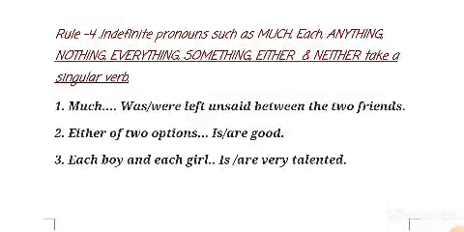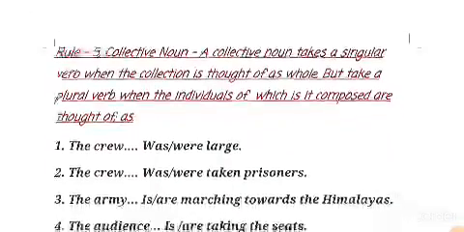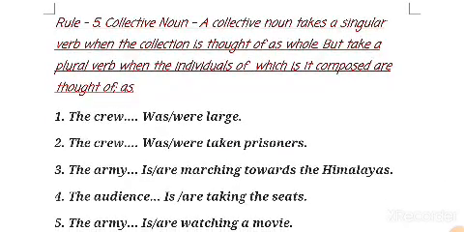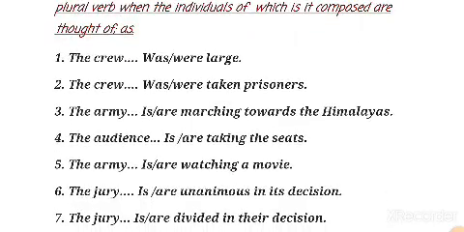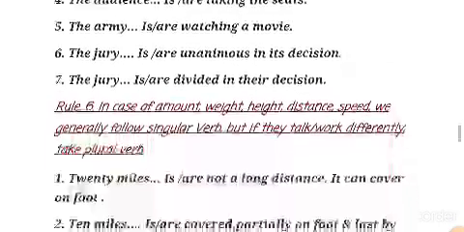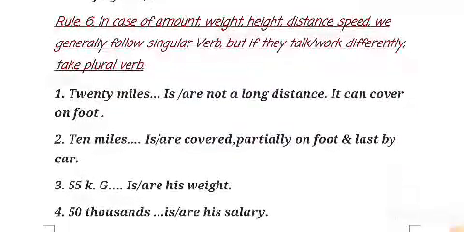Then we talked about sentences with indefinite pronouns used with each, everything, nothing, anything, something, either, neither. And then collective nouns, rule number 5, in which we discussed the collection of things. These things have been discussed. Then in today's class, students, we will be discussing rule number 6, that is in case of amount,